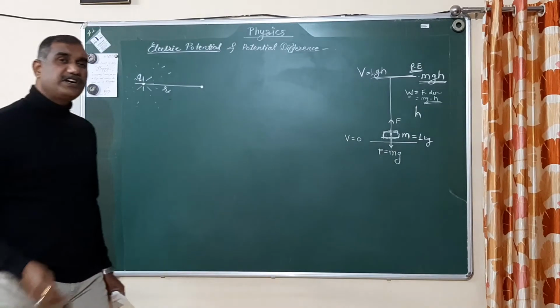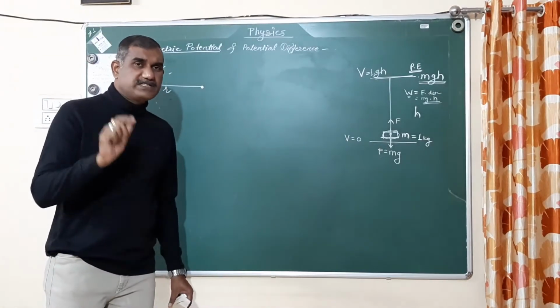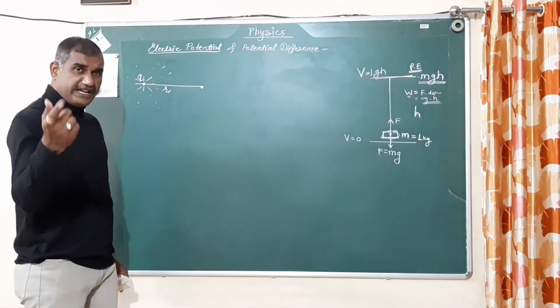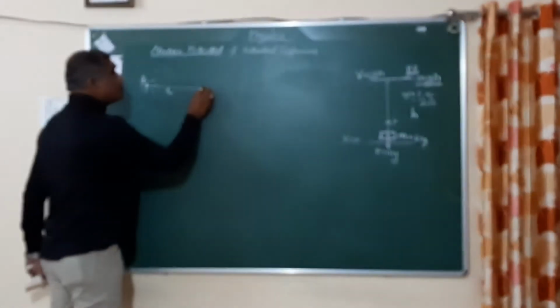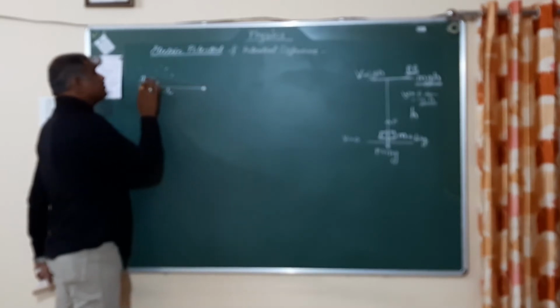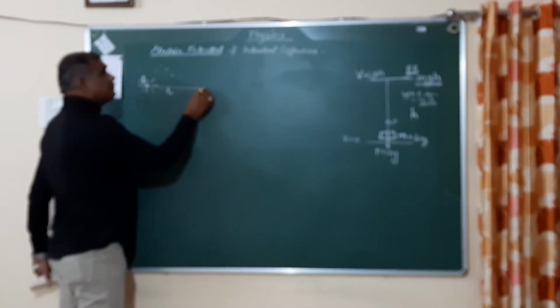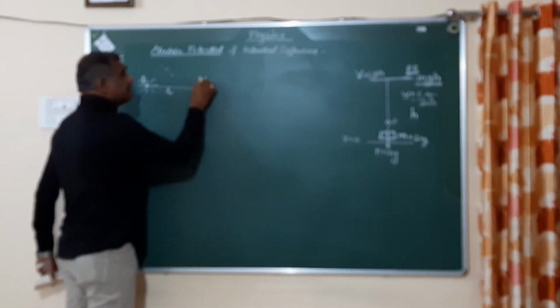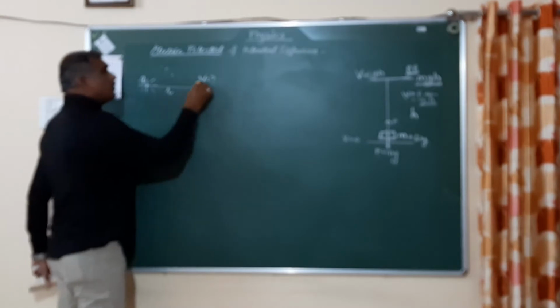Electric field you can measure in two quantities. One is a vector quantity, that is called electric field intensity or field strength. That thing we have already studied in the last period. Now we are going to study the scalar quantity of that electric field. Due to the charge q at a distance r, that field is measured as electric potential, and that is denoted as V. And our aim is to find out the electric potential at a distance r.